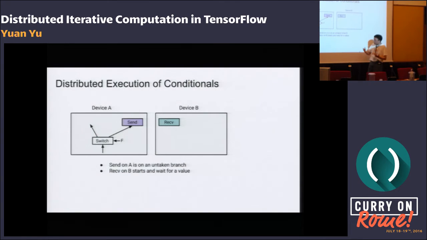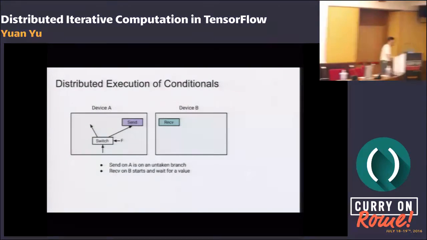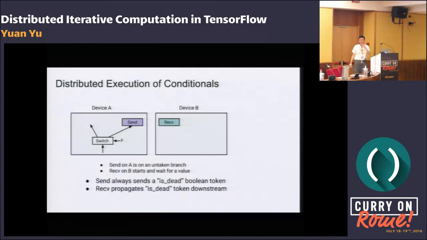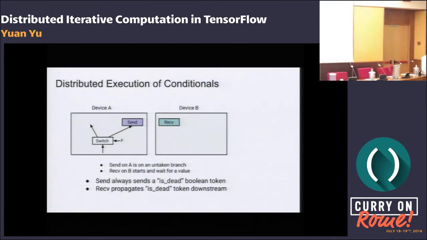As I said before, this is where we need to propagate the dead token.